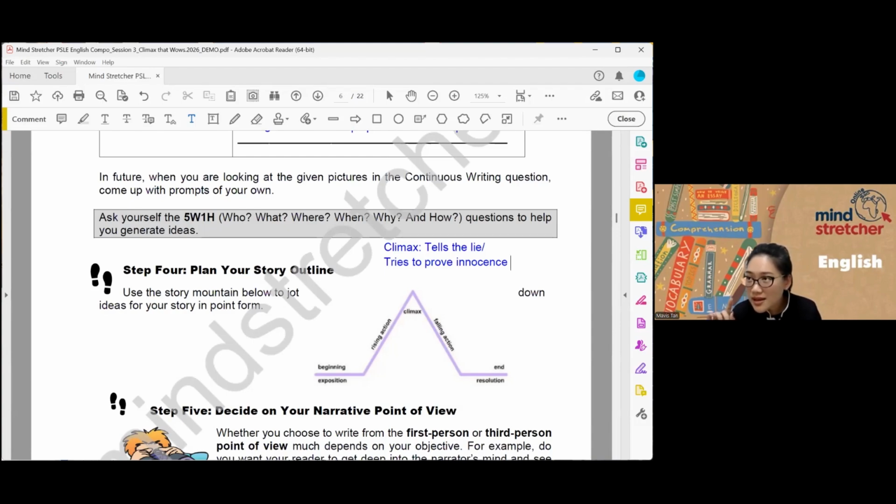So let's say the lie was at the end of the rising action. And now it's very problematic. I already told my lie and no one believes me. Everyone's pointing at me. I didn't do it. So in the climax, I'm going to try to prove my innocence. Okay, I didn't do it. Someone else did. And these are really intense moments, right? When every finger is pointing at you, like in picture two, but you really didn't do it. So something like that could happen in the climax.